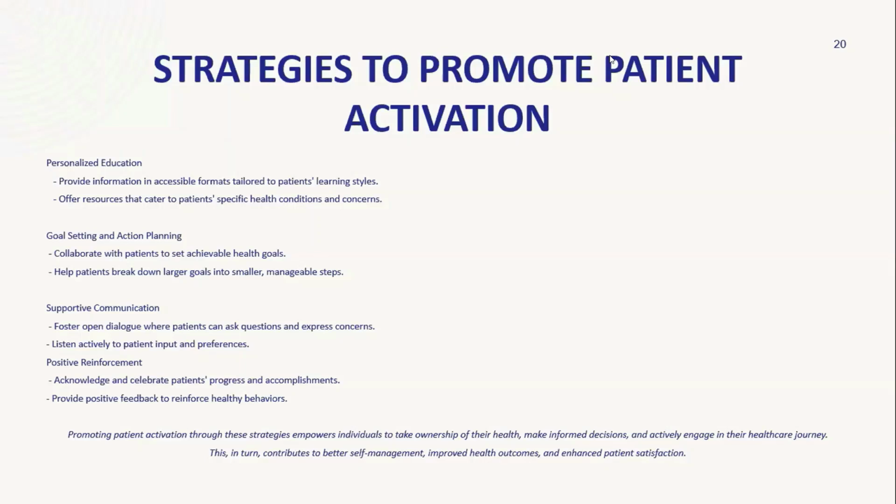Supportive communication. We foster an open dialogue where our patients, of course, can ask questions, where they can express concerns, and we are actively listening to what they have to say. We are actively incorporating their preferences into our treatment plans with them, not for them. And then positive reinforcement. Of course, we need to acknowledge and celebrate their progress and their accomplishments. So if your patient has a goal of losing 100 pounds and they've lost 20 pounds, let's have a party